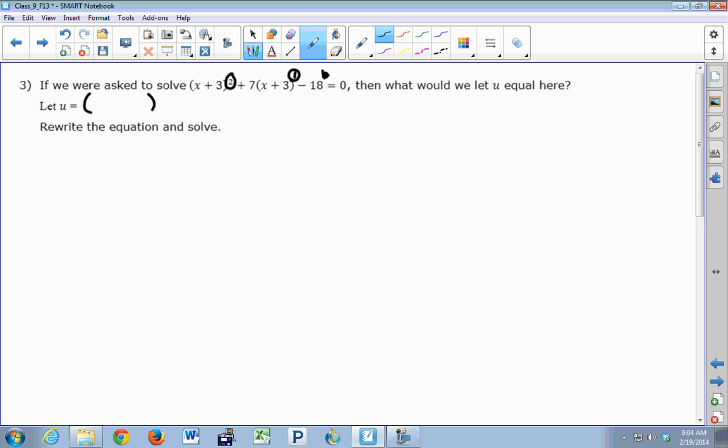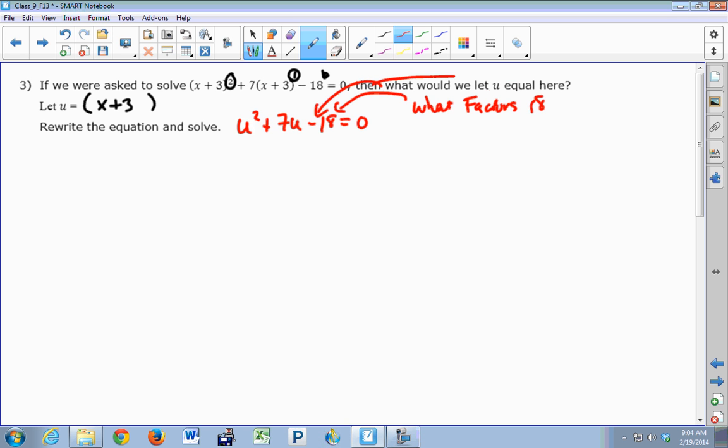All right, so if you let u equal x plus 3, then everywhere you see an x plus 3, you just replace it with the letter u. And then it's a lot easier on your visual brain to look at that and say, oh yeah, that's definitely a quadratic equation. It might be hard to recognize this, but once you do that, now you just go to town and you say, okay, what factors of 18,